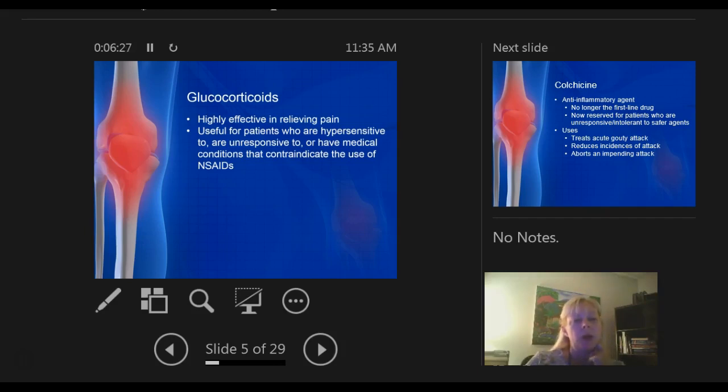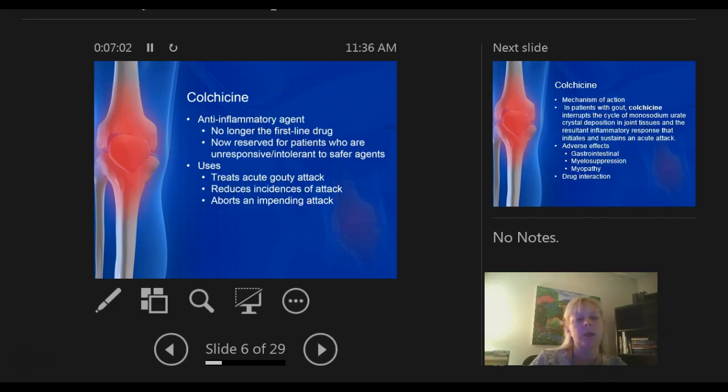Okay, so what this is really good for is patients who are hypersensitive to NSAIDs, or what if they already had a GI bleed, then probably giving indomethacin or naproxen is not a good idea to give to them. Someone that has cardiac risk factors, you may not want to give an NSAID to. And so a quick burst of steroids is really a good choice for a lot of patients. But just remember, the first line is the NSAID. You can give the colchicine or the glucocorticoid.